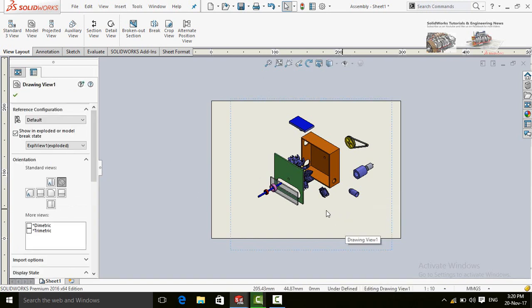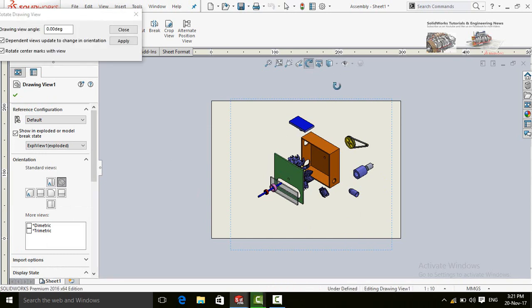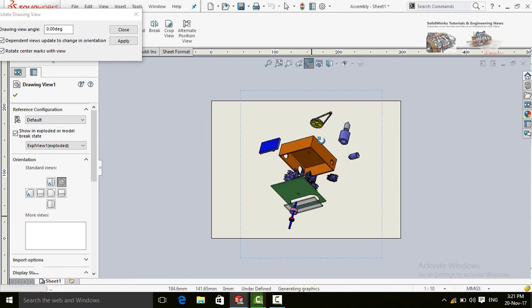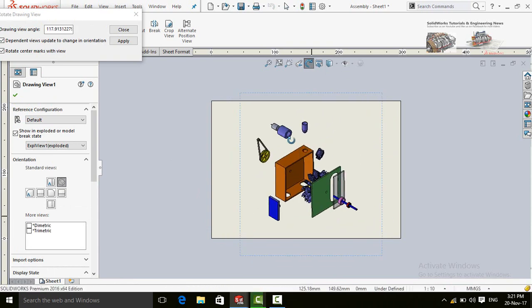Now we have to rotate this model view, so for that click here, rotate view, and rotate it according to your requirement. Then apply and then select the close button.